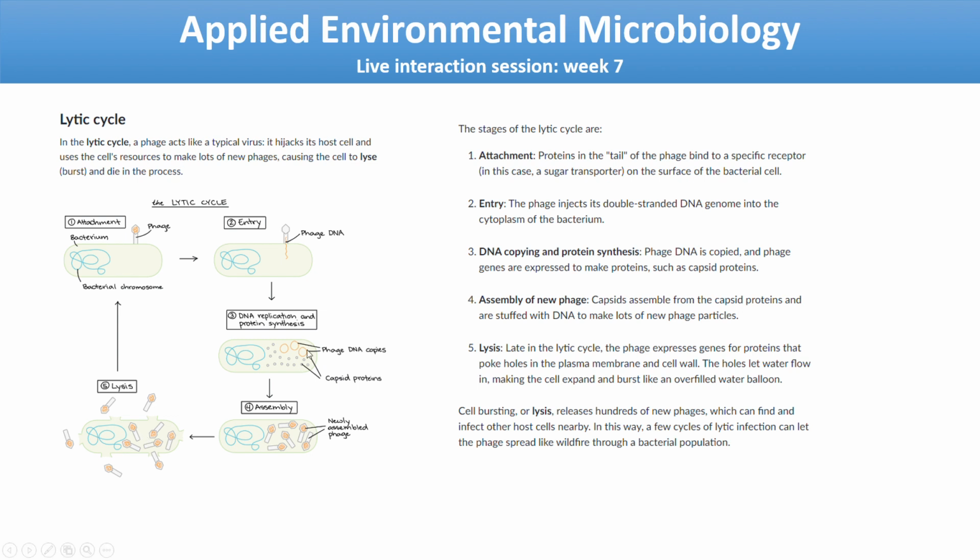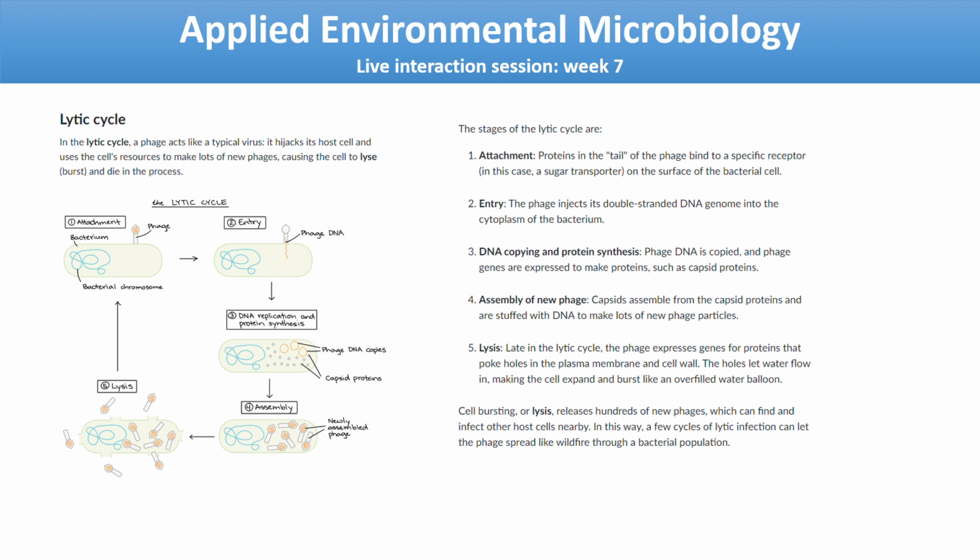That is, it will produce more and more copies of the viral DNA, and more and more copies of the capsid proteins. Once it has done that, it will assemble this DNA inside the capsid proteins. That is, the capsid is assembled from the capsid proteins, and they are stuffed with DNA to make a lot of